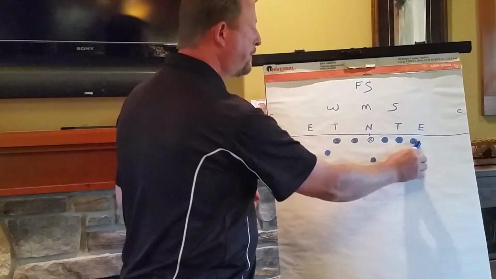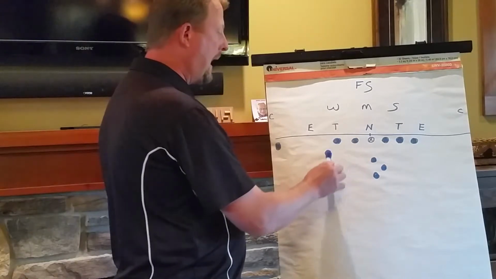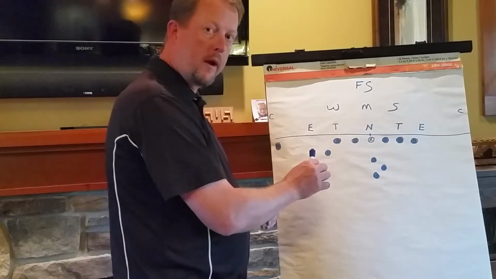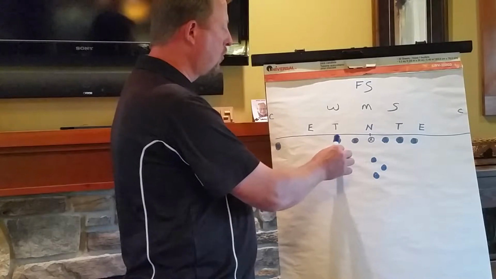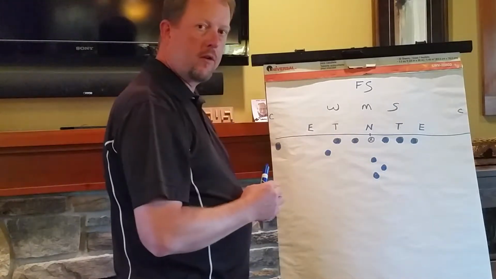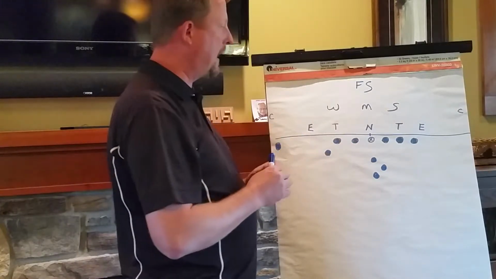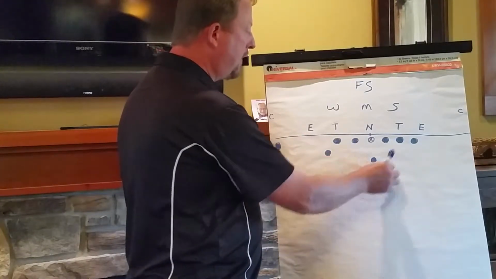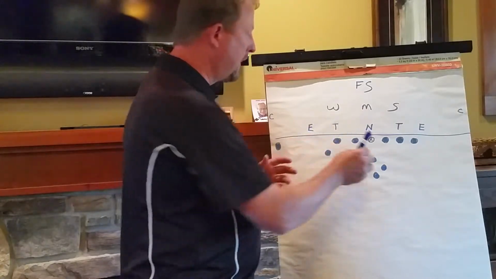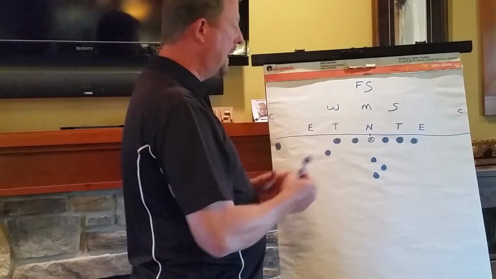To this side, on this side they only have two, and a player who is normally more of a running back, not quite as big and as strong as these gentlemen are, but usually faster and with other responsibilities. We refer to this as the weak side. So in an offense like this, normally they're going to want to run to their strength